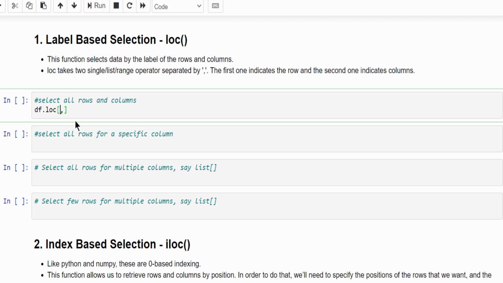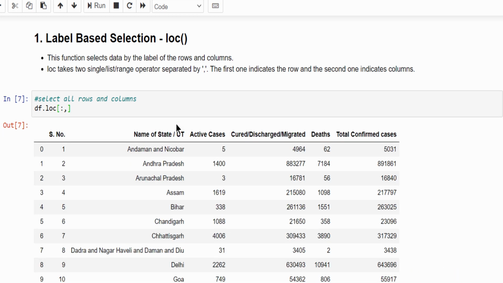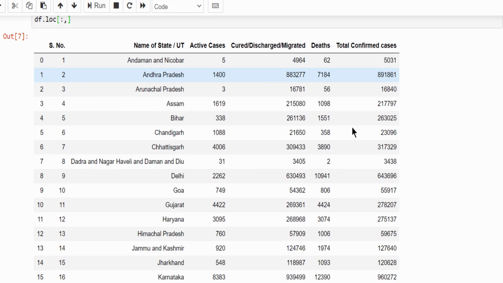On the left side you must mention a colon. It means all the rows. On the right side I didn't mention any value, it means all the columns. Just execute. See here, it displayed all the rows and columns.